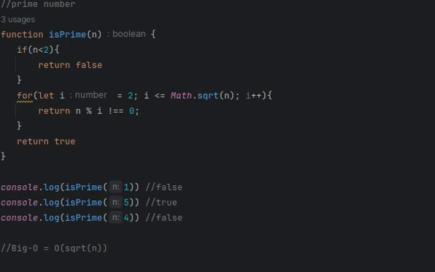So when you iterate through the loop, the value of n is going to return a false value, a Boolean value. Whereas the value of 5, which we're going to, as the parameter, is going to give you a true Boolean. While the value of 4 is going to give you a false Boolean value. I hope we are in the same page, and I hope to see you in the next